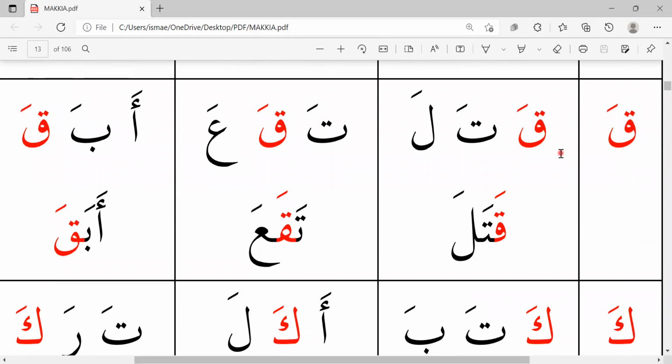قا قا تا لا، قاتل، قتل، تقع، أ ب قا، أبقى